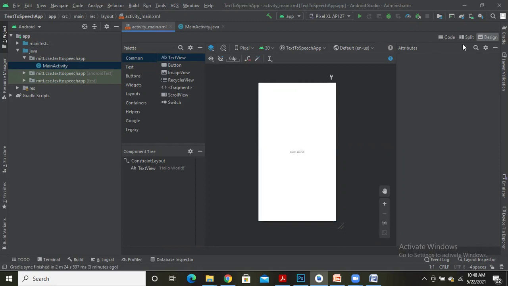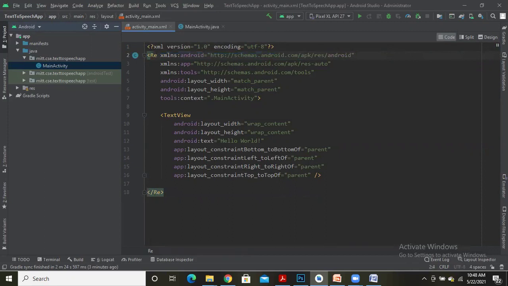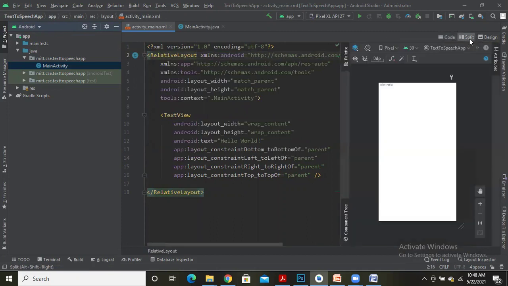So it is to design the edit text field onto your user interface. Let me change the constraint layout to relative layout. Okay, so I'll change this to relative layout. Let me go to the split mode and let me select this show system UI.